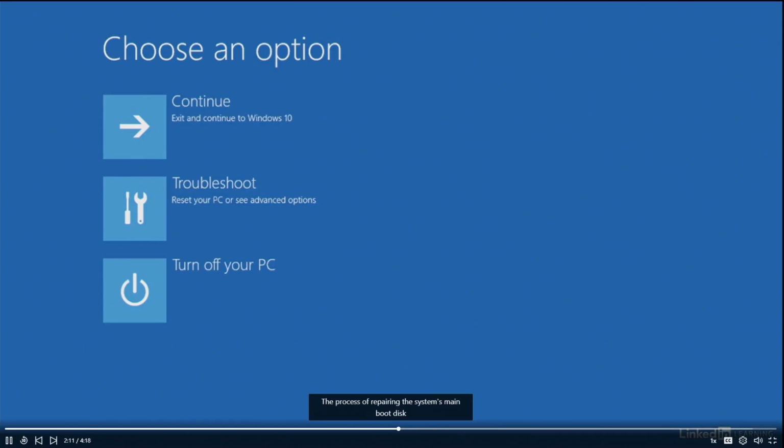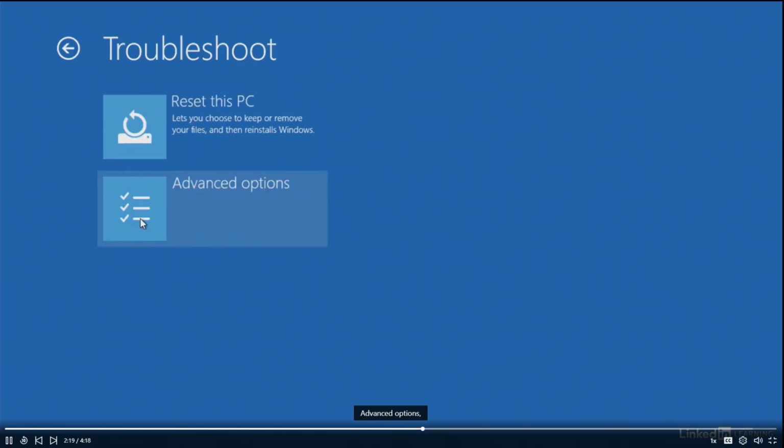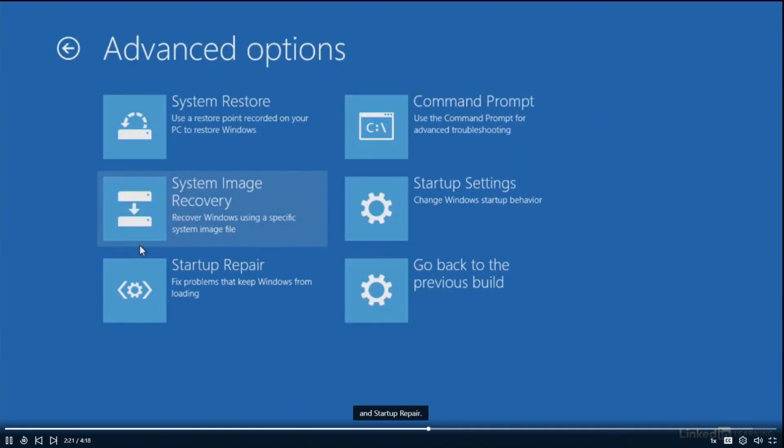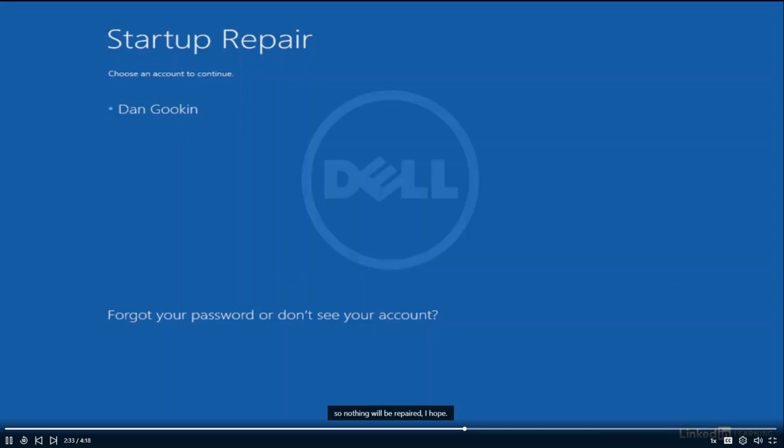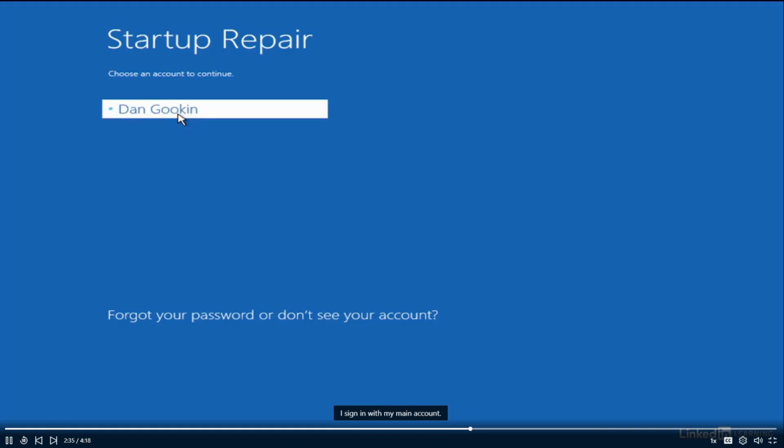The process of repairing the system's main boot disk involves clicking the Troubleshoot button, Advanced Options, and Startup Repair. The system restarts and attempts to repair itself. Now, nothing is wrong with this PC, so nothing will be repaired. I hope. I sign in with my main account,